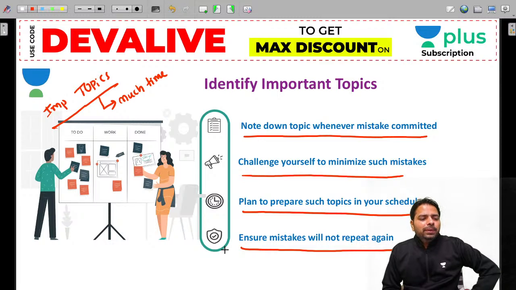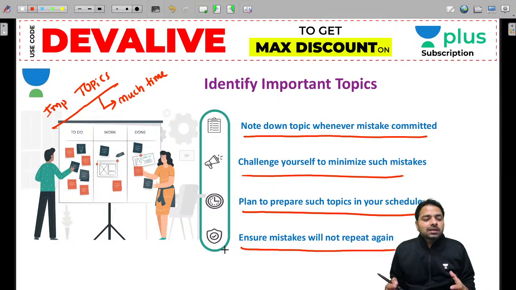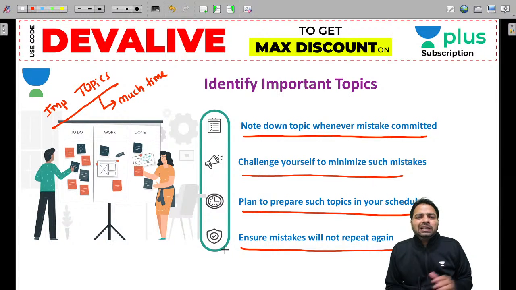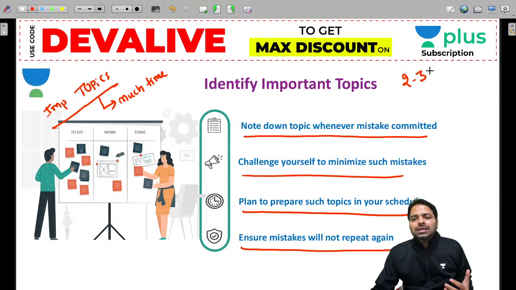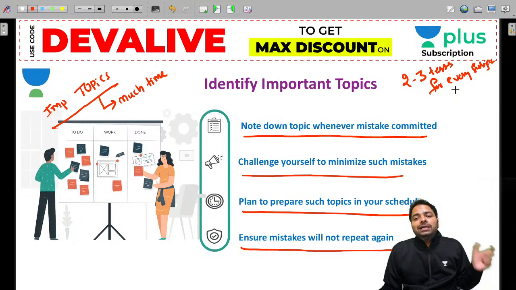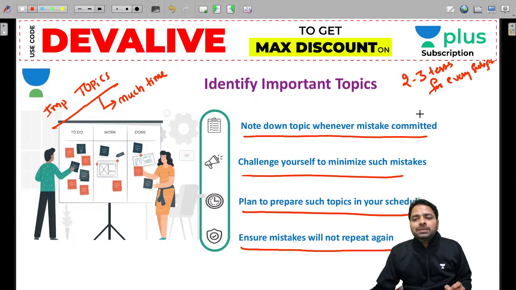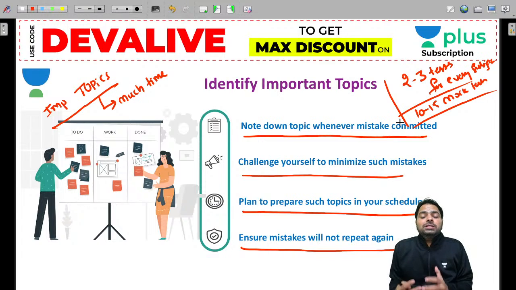Yes, Prashant. The minimum depends on your comfort. If you write one test and get 30 by 30, that means you are on a good strategy and have good knowledge. If you feel you are better than the test series, then there's no need to give any other test. I recommend at least 2 to 3 tests on every subject, which will help you in January. In November, whatever you do now, you might give again. So 2 to 3 tests for every subject, and a minimum of 10 to 15 full length mock tests. This could be a good strategy, so that you will find your mistakes and can correct them.